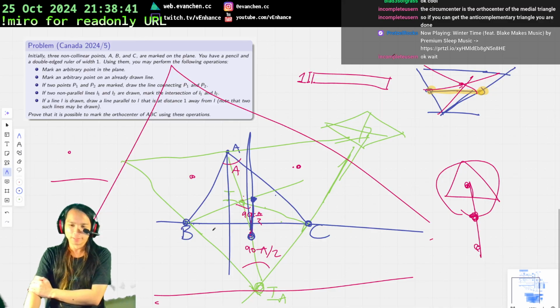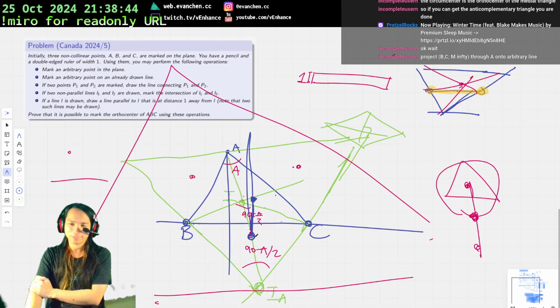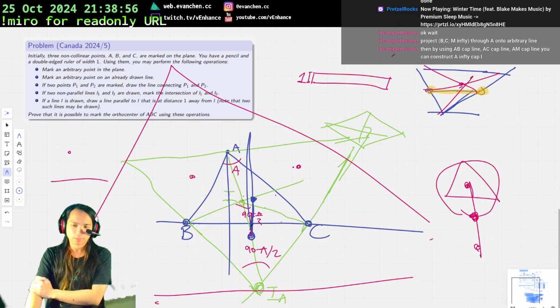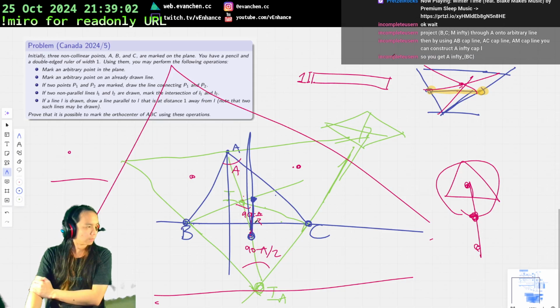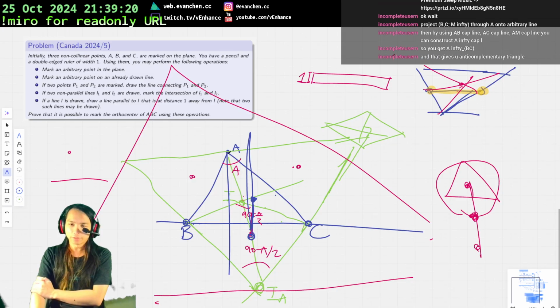But I feel like I'm in a pretty good place, because I actually just straight up got any perpendicular bisector. Project BC to infinity through A onto an arbitrary line. You can get the point at infinity along. So you're saying I can draw this parallel one. I see. So you're saying that if I can mark this point, and I should be able to,